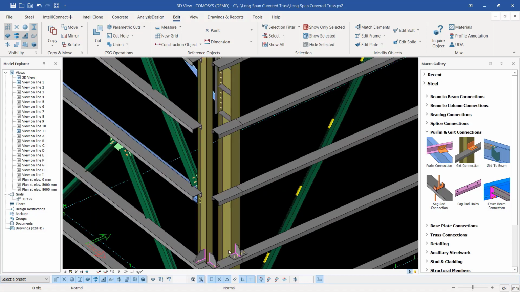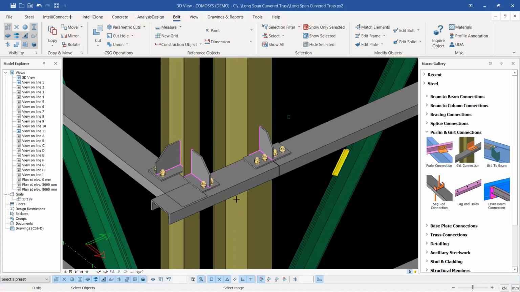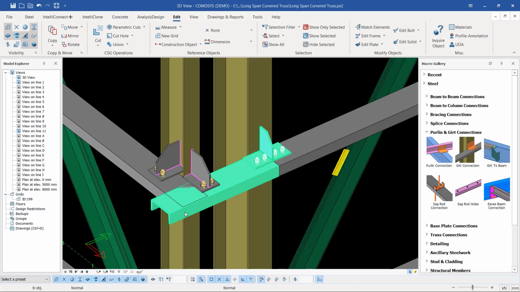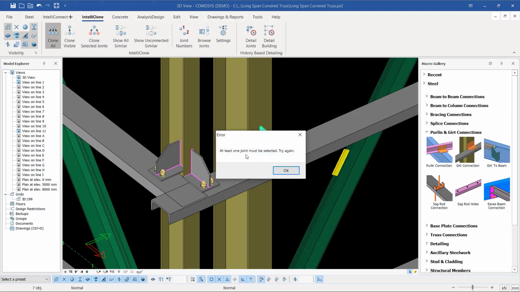So I have created these three connections, and I want to clone this. Cloning means I want to apply this connection to connections of a similar type. So what I've selected on this connection, I'll just deselect the parts I don't want to include here. And if I come to clone, IntelliClone, and click on that, I'll be able to see at least one joint